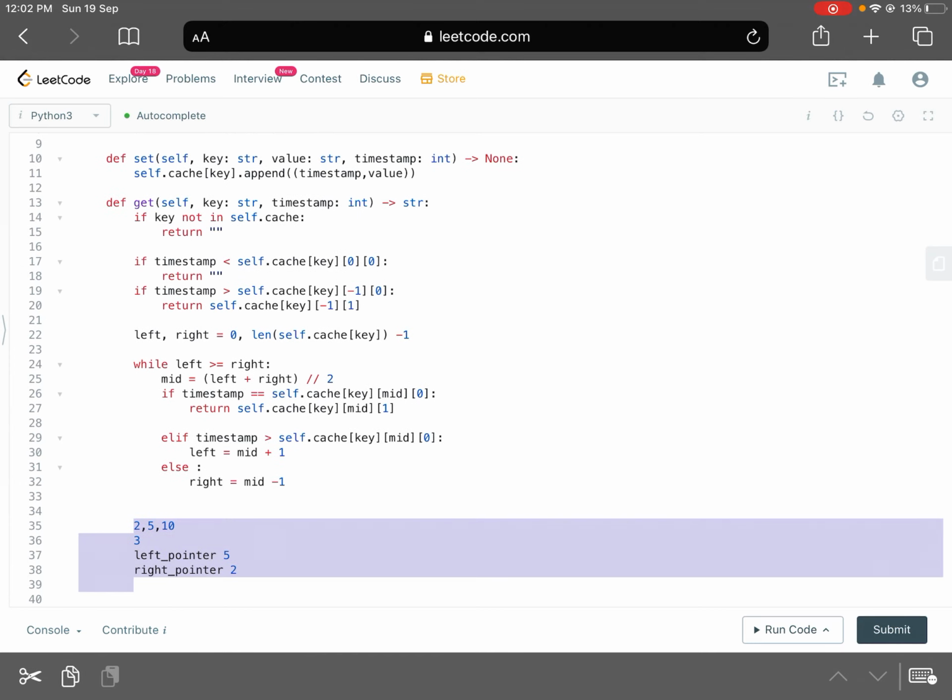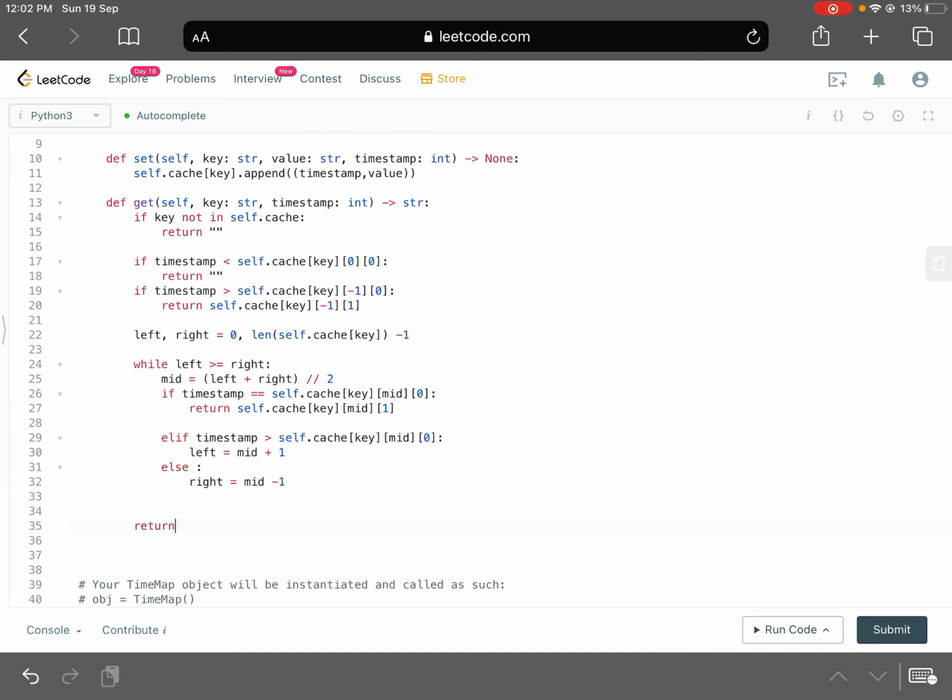That's a property of binary search. So here, since we want to return the value which is lesser than the value you're looking for, we can use the right pointer. So let's do that. Self.cache of key, and I'm just going to use right, and we are going to return 1.